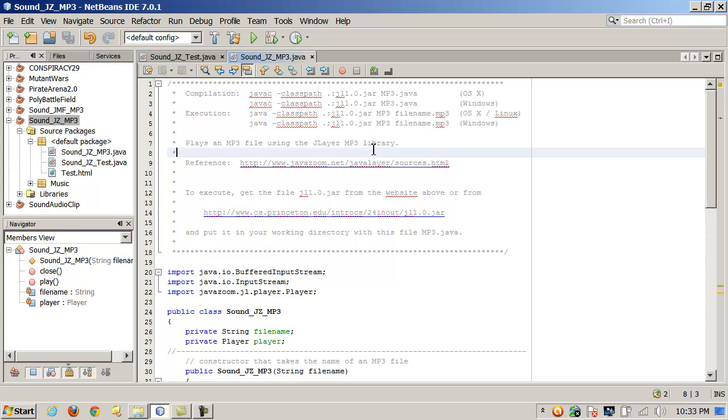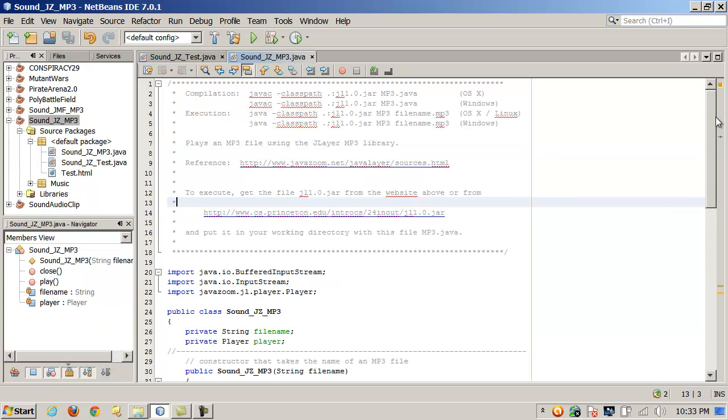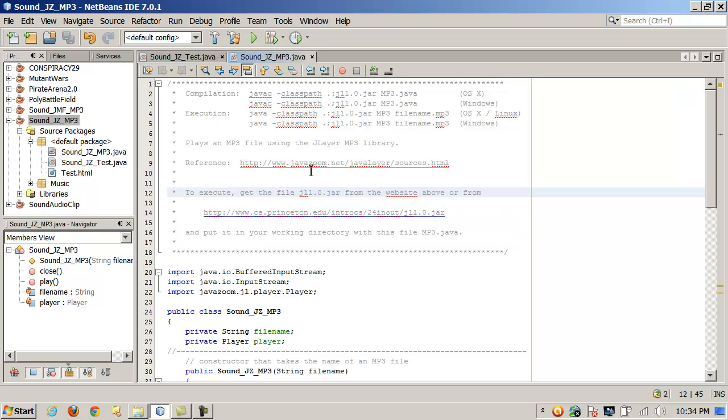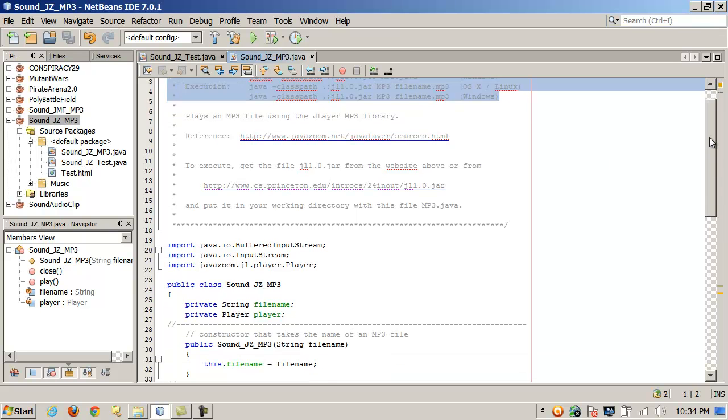Now this particular example uses two classes. We have a player class, and then we have a class that's going to build an instance of the player and call the play method on it and use it to play an MP3. So I left these comment tags here, which I got from their website, www.javazoom.net, just so you can see some of the command line options for adding things to the class path and